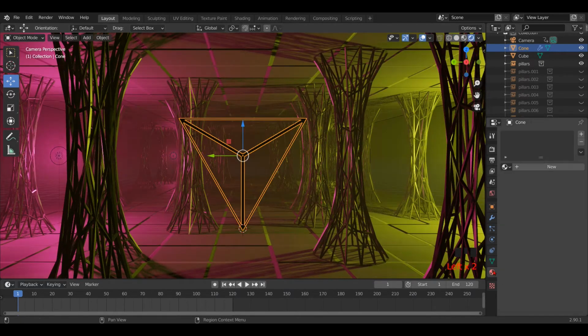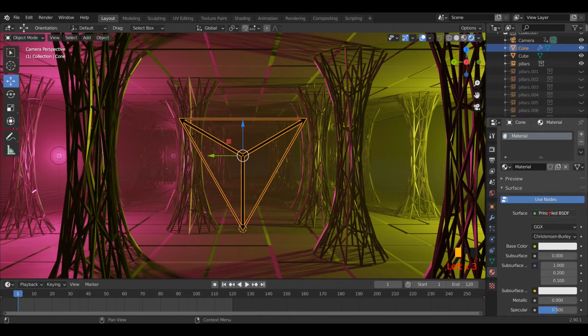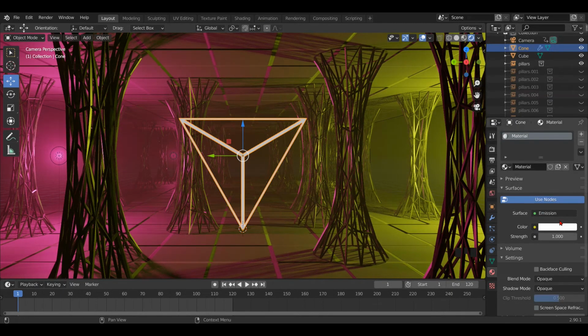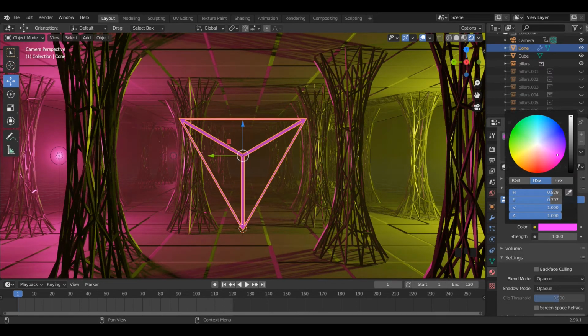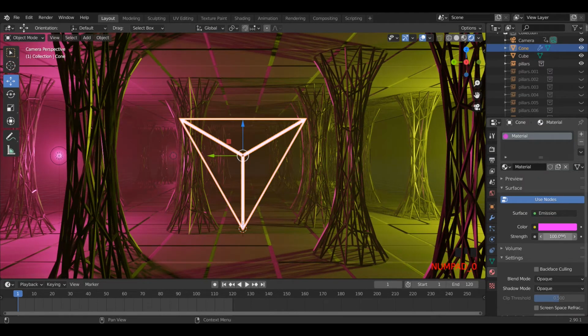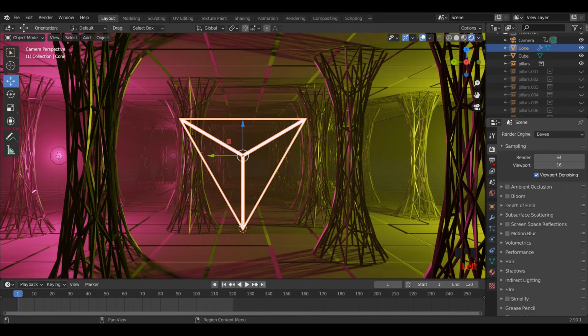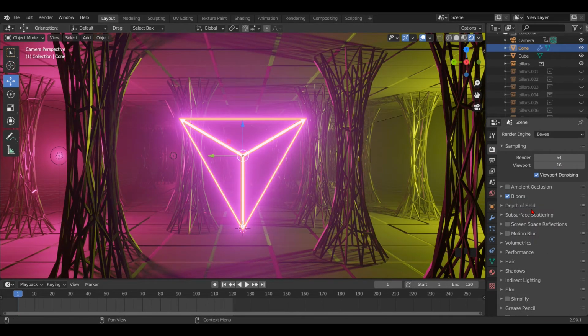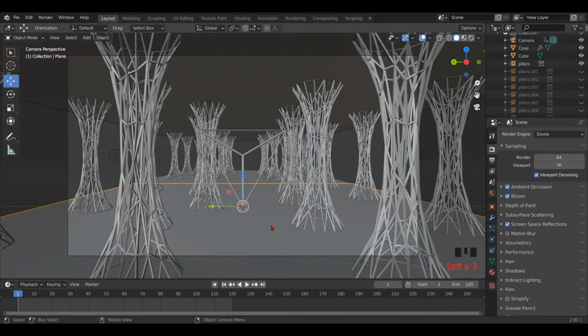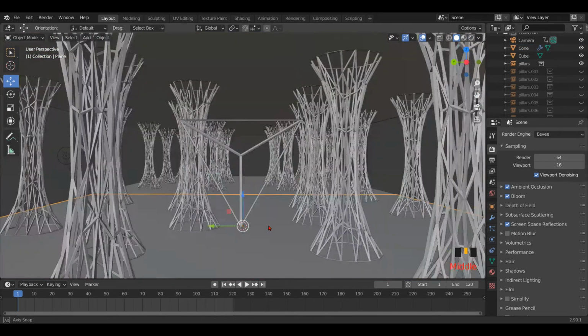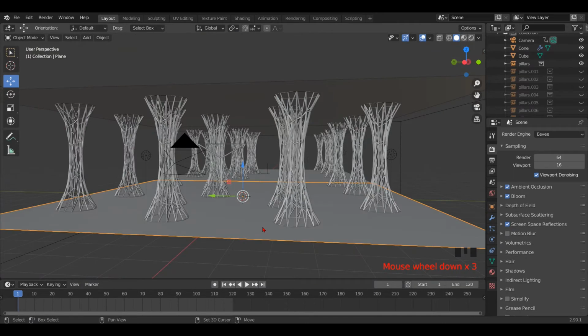Then go to the render view and add a material to the cone. Add a new material and add emission and give a strength of 100. Change the color to pink or whatever you want. Then go to the render settings and turn on all the 3 options. Bloom is very important. Click on the bottom plane and add an icosphere.